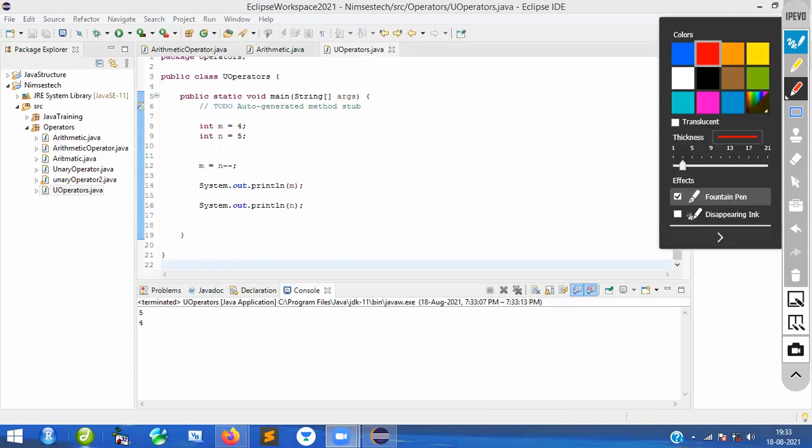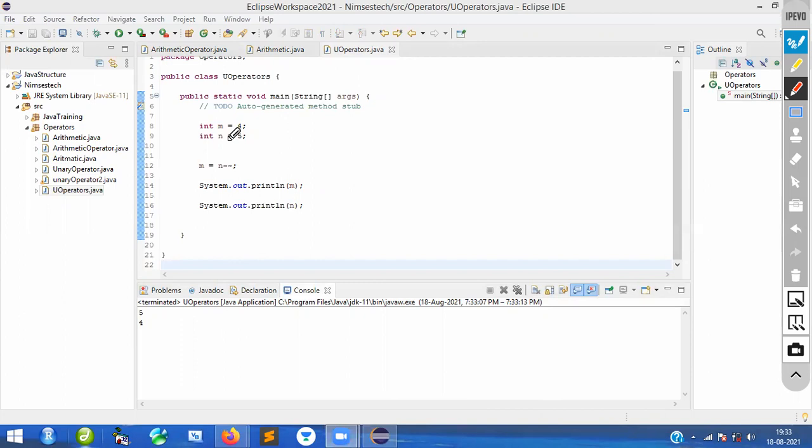Okay, same logic. That is the reason why I'm telling you these things are pretty cool programs, but you need to use your brains. So first, what is the n value? That is 5. Yes or no? The n value is 5. First, you assign this value to this particular m. That is the reason why you are getting 5 here. You are assigning. Later, what will it do? It will decrement the value. What is the n value? That is 5, so 5 minus 1 is equal to 4. So that's why for the n value, it is printing 4.